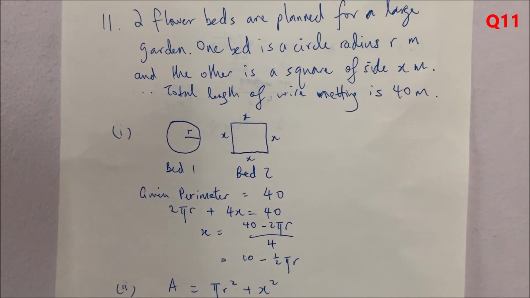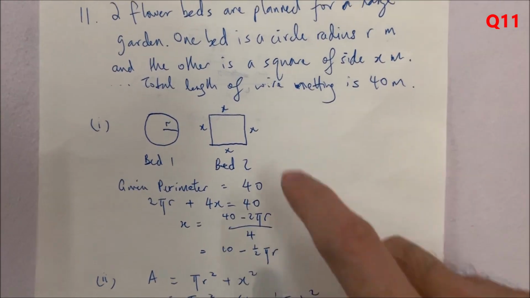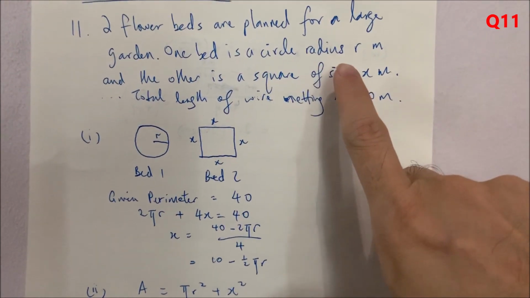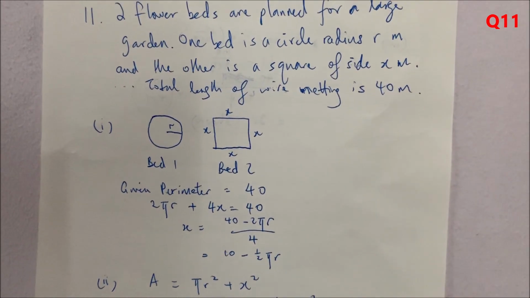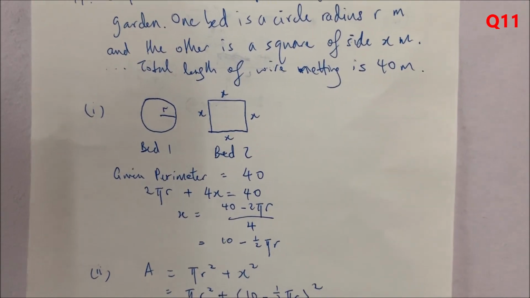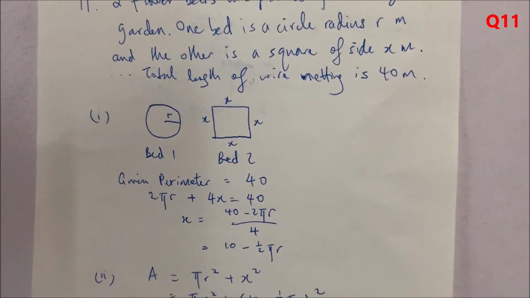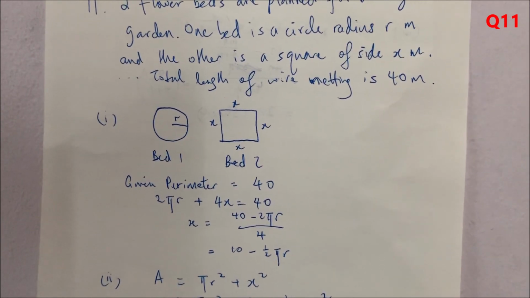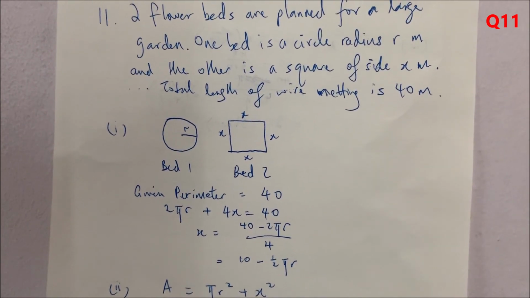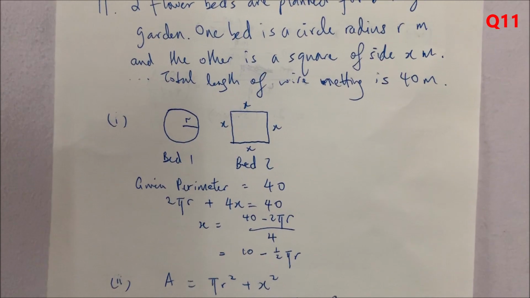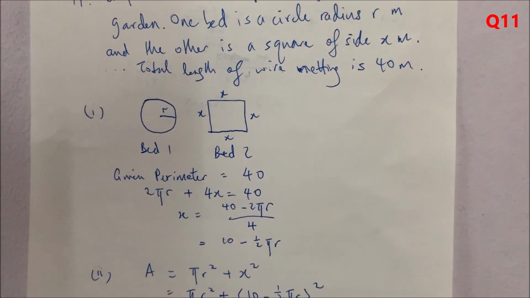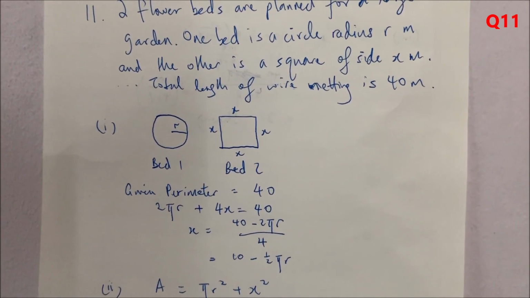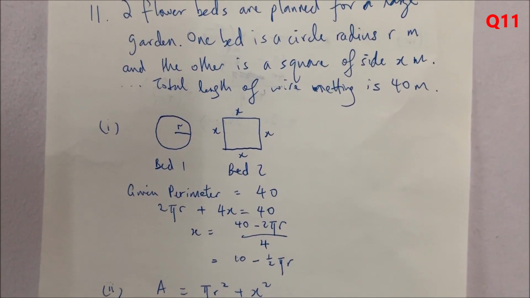Now, the information says that there are 2 flower beds, and one bed is a circle radius r, and the other is a square side x. And the total length of the wire is 40. So to solve this question, just know that this is a maximum minimum word problem. So generally, of course, I draw a simple picture. But the most important thing we always remember is that maximum minimum word problem,